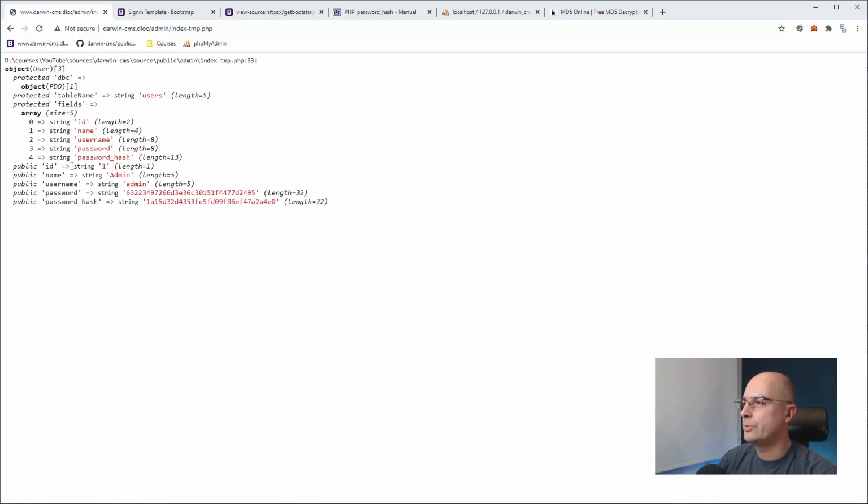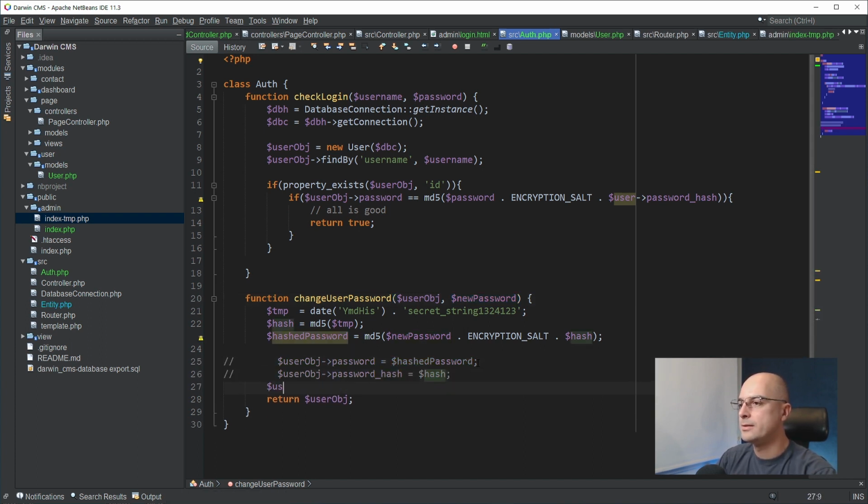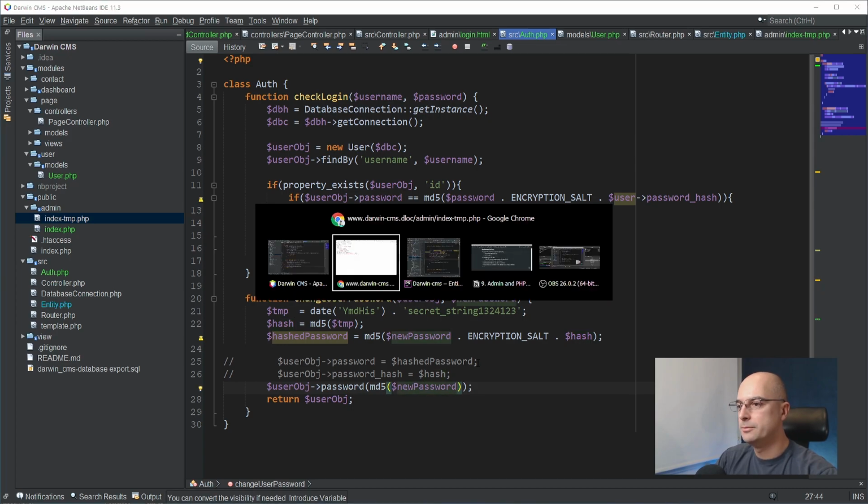Now, if we would refresh, we can actually see our password and our password hash here being generated. And if I would refresh this, you can see that this value is changing each and every time I refresh. Now it's changing every second because I'm using the date with the seconds as the hash. But if we would use simple MD5 here for the new password, for example, if I would just comment this one out and set the user object password to the MD5 of this password string,